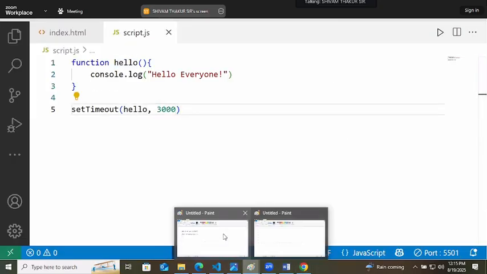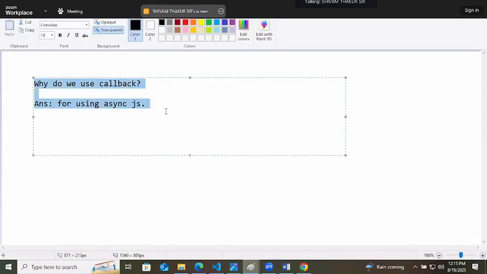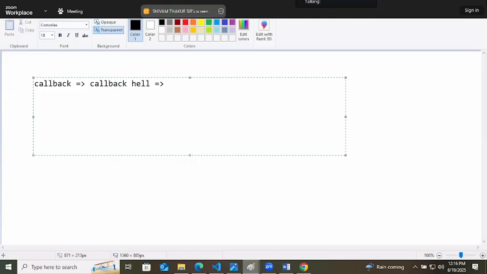So we use callback to use asynchronous JavaScript. Now this callback will give birth to callback hell, meaning callback will have a lot of problems.